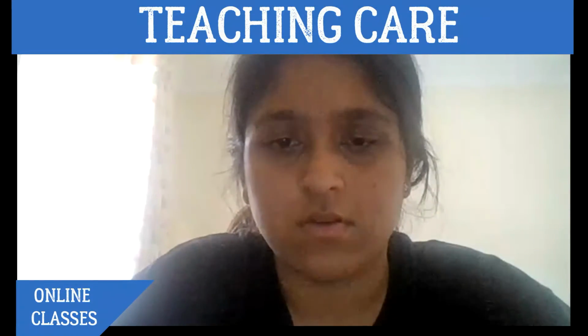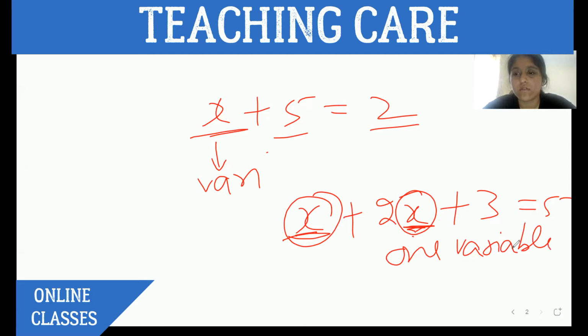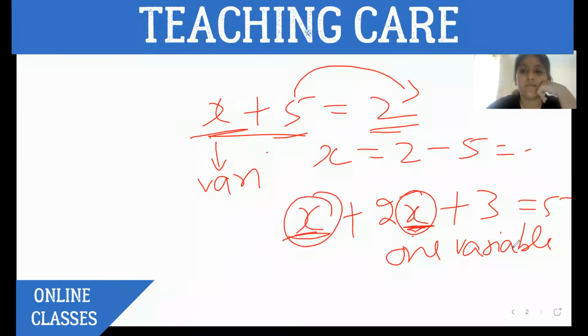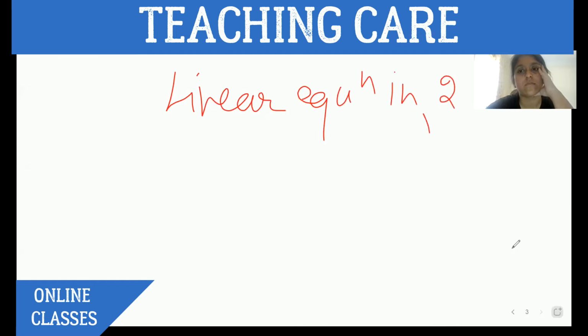I'm recording. Okay, so we were talking about linear equations. When only one type of variable is there, we called it a linear equation in one variable. Earlier we have done this kind of thing: x plus 5 is equal to 2. You can easily find the value of x by the transposing method, like taking this to the other side, it will become 2 minus 5, and minus 3, like this. But now we are taking it to the next level. That next level is linear equations in two variables.